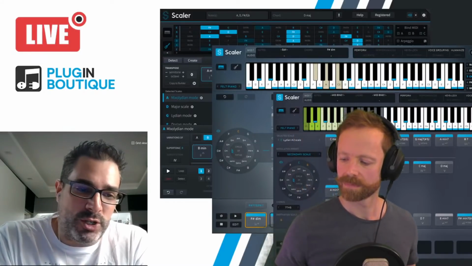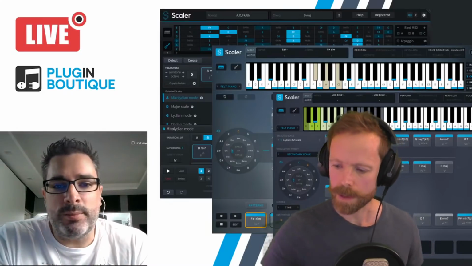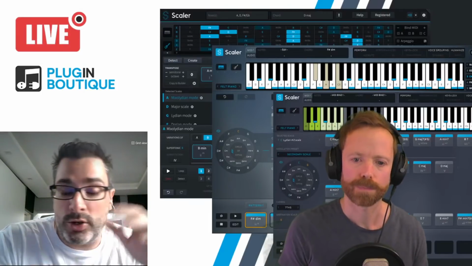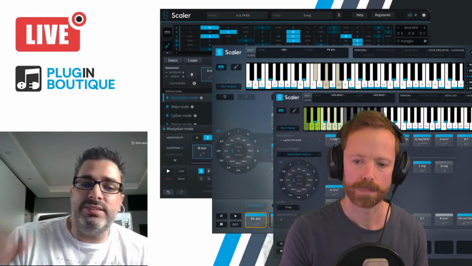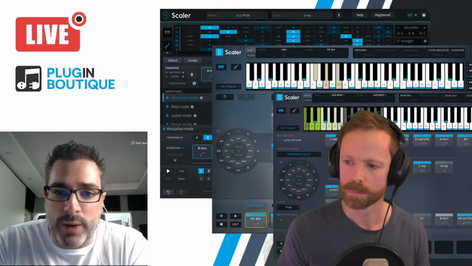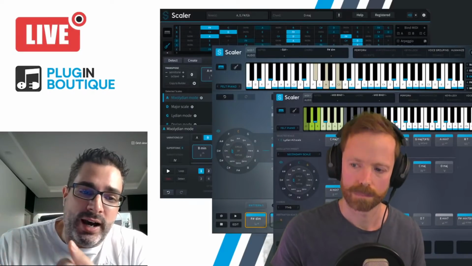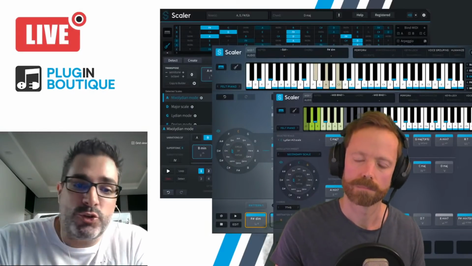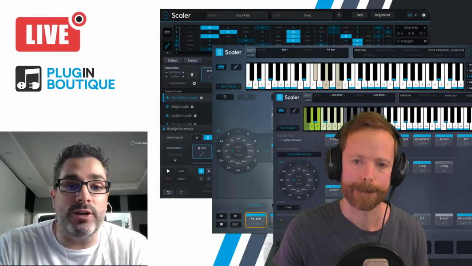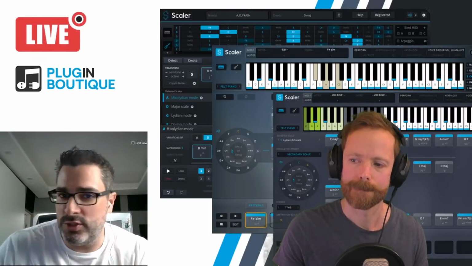Before we jump into 2.4 specifically, Rob, I just want to mention some of the other changes since the 2.0 release. 2.0 was obviously a massive update, but even since then, in 2.1, we got hundreds of new expressions, the Neo-Riemannian modulation, the ability to control individual note velocities, and a new chord editor, so you can really get in and sculpt chords on top of just the humanize feature.